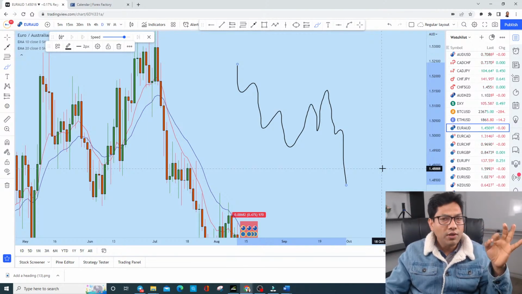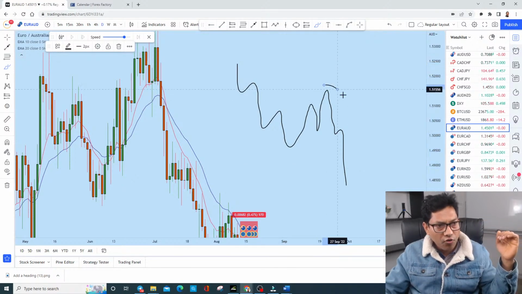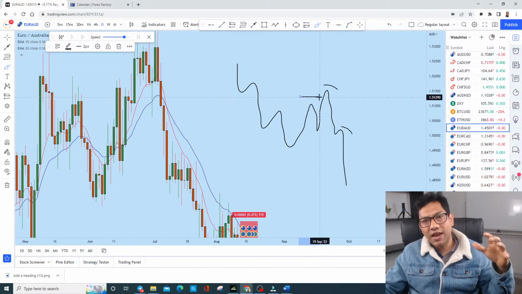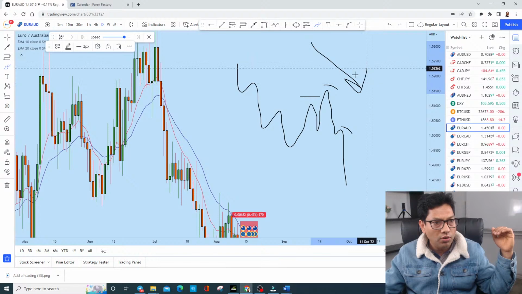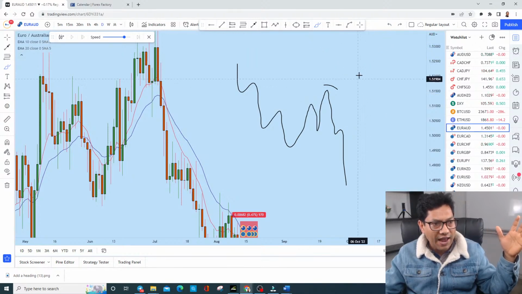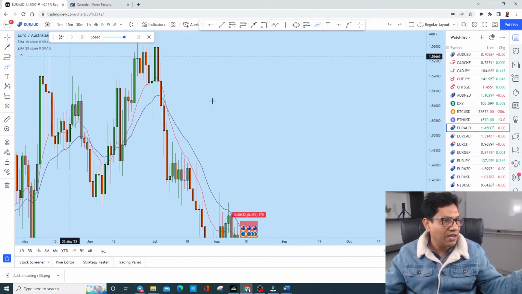Keep in mind, when you see a downtrending market and on the top the head and shoulder forms in that fashion, it's like an old man, let's say, falling down. So the trend is down and the head and shoulder is angled to the direction of the trend. When the price breaks out from this head and shoulder, it's a huge trade.